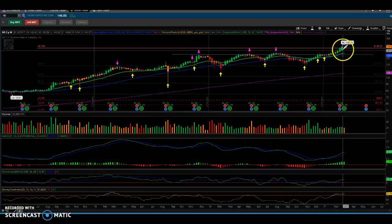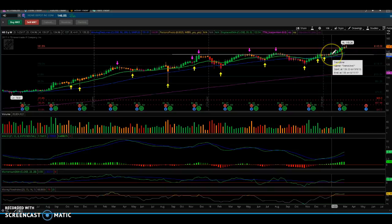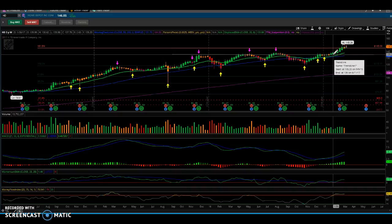From here, you have where it actually broke the resistance line right here. This is earlier this year. On January 23rd, you had the first closing above the resistance point right here. The next week, here on the 30th, you should have been in this trade at around the 130, 135 level where it was playing at. So from that point on, a couple of weeks ago, which is about a month and 2 weeks,